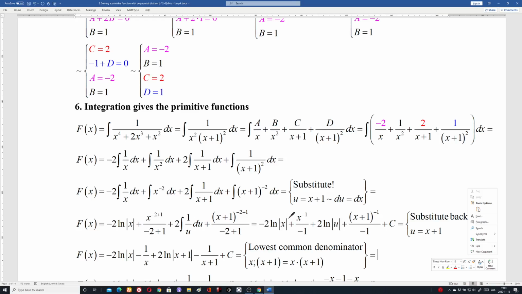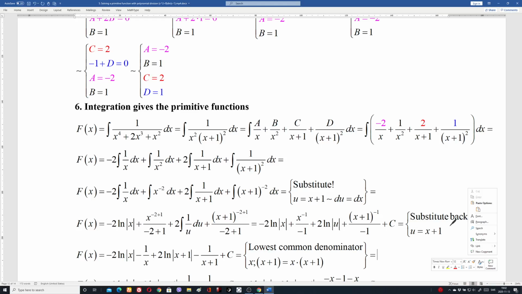This gives 2 ln x, minus 2 ln x, plus x power minus 1, which means minus 2 plus 1 is the minus 1, plus 2 ln u is from here, okay? And after that we have x plus 1 power minus 2 plus 1, which is the minus 1, divided by minus 2 plus 1, which is the minus 1, plus some constant c. Okay? So now we have